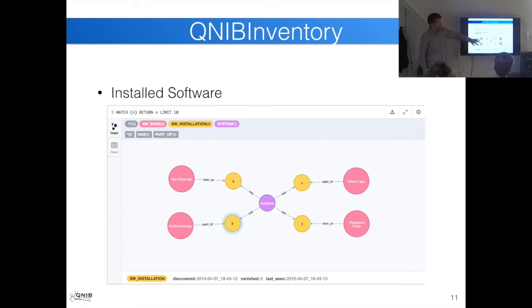Yeah, and this is a prototype. Depending on your use case, you could create a date node, a separate node, and then link all the installations that are on a particular node on a particular day to this node, and then you can run a lot of more interesting queries. But this is just a basic query. So you have nodes, you have software, and you have the connection node that tells you when it was installed and when it was in the seed. So that's basic. It's just to show one other use case than networks, because networks is basically where graph databases are